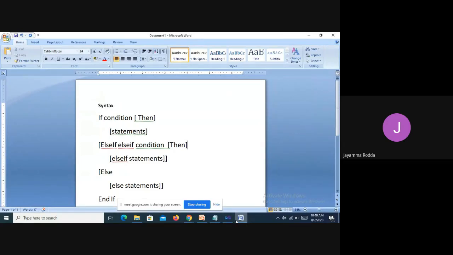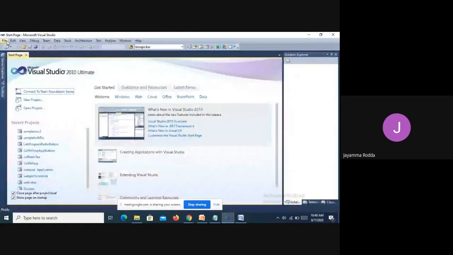I hope all of you are following. Let us do a program here. Before I start that, just make sure that whenever you are writing code in Visual Studio or Visual Basic in .NET programming, you should list out the sequence of steps. First, we will start Visual Studio. Then we click on File.